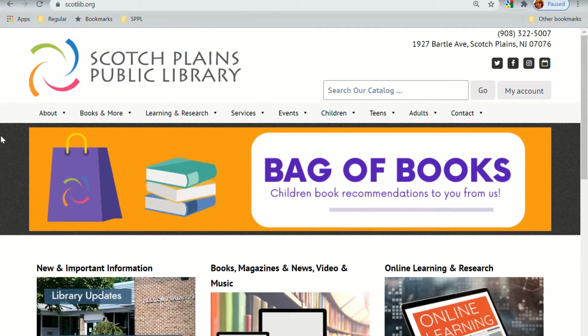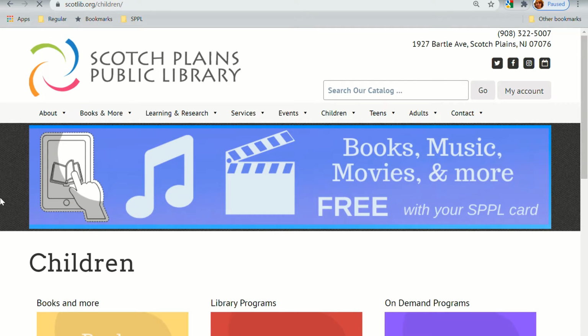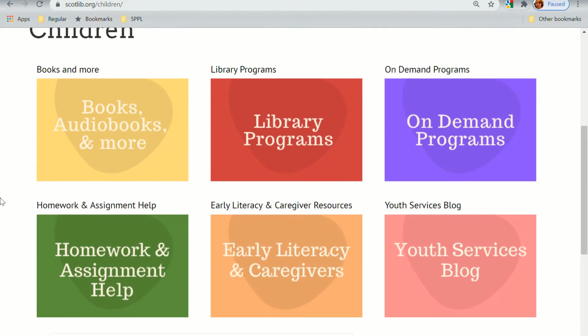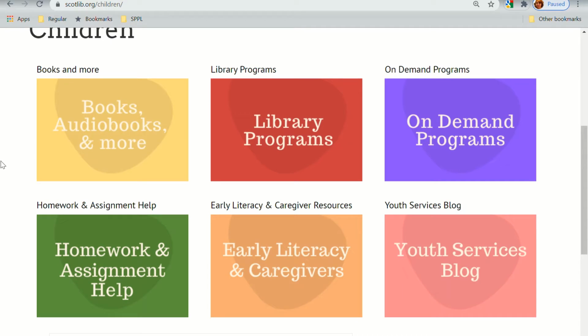So there are a couple of different access points to get to this resource. We're going to go over a couple of them, which involves going onto the children's section of the page. So you're going to go ahead and click on children, and this will bring you to our children's landing page. So this is the front page of the children's page. You can get to TrueFlix either by clicking on books and more or homework and assignment help. So if we go to books and more,